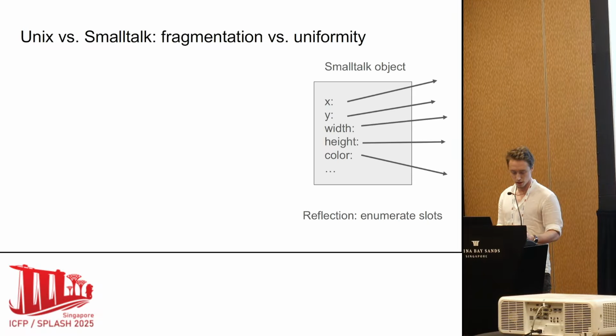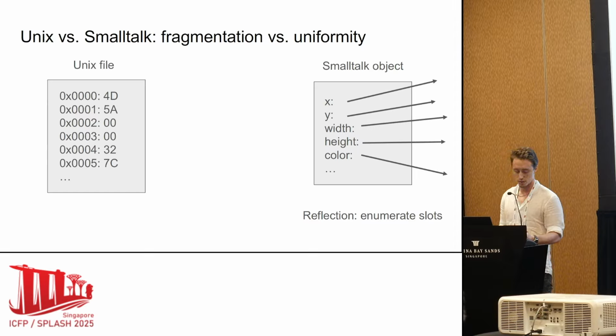In Smalltalk, an object is a bag of state that can receive messages. But the format of this state is uniform to the programmer. It's a set of named slots which hold references to other objects, which can be accessed in the Smalltalk language with the dot syntax. There is also a reflection API which can give you all of the object slots, which is used by the graphical object inspector and debugging tools.